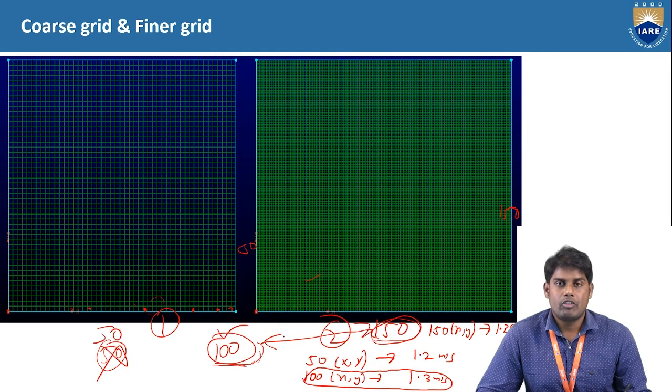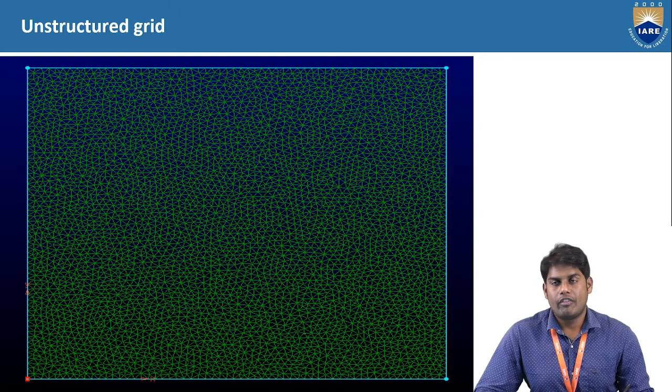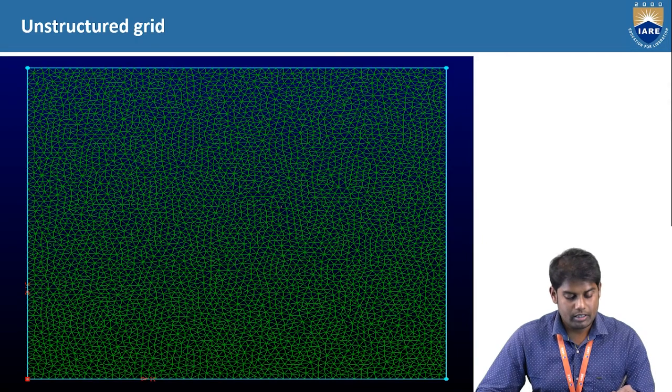So this will save your computation time. Okay, so till now we had seen the aspects of structured mesh, but here you can see it's an unstructured mesh. So basically the difference between structured and unstructured mesh is the nodal connectivity of the grid point. Let's take this as the grid node. For this node there are so many connected nodes, which are irregularly attached.